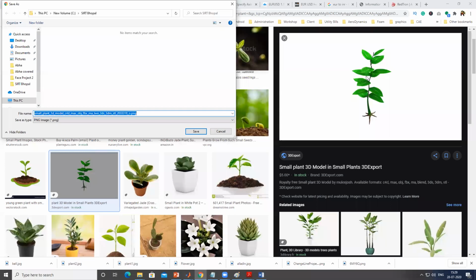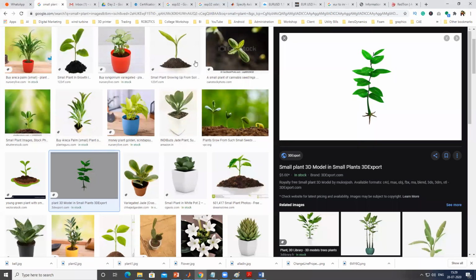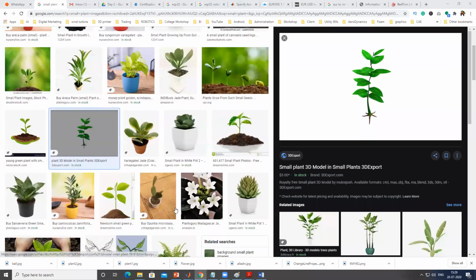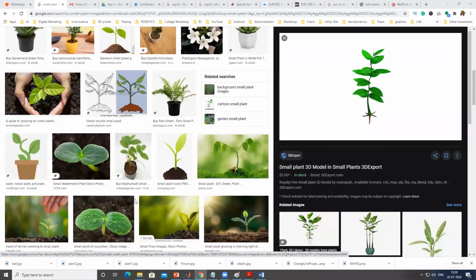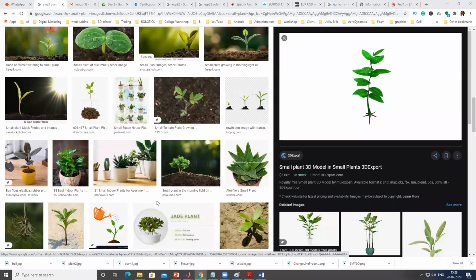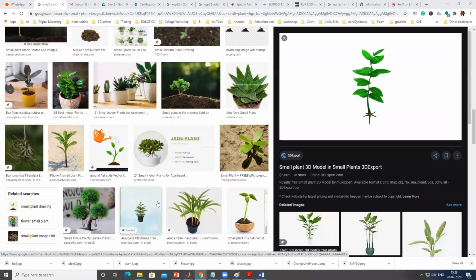There are some leaves which are superimposed, they are not distinct. So in this algorithm we might face that problem, but let's see what result we are getting if we apply the same algorithm over these images. Okay, and how is it going to count? So which image should I take?